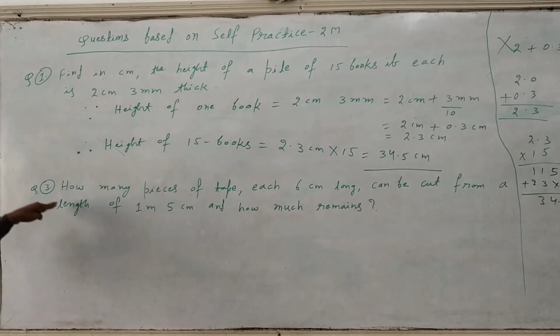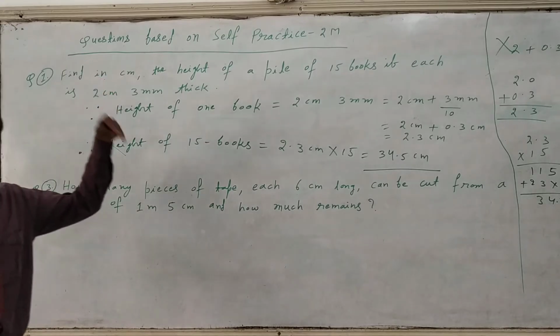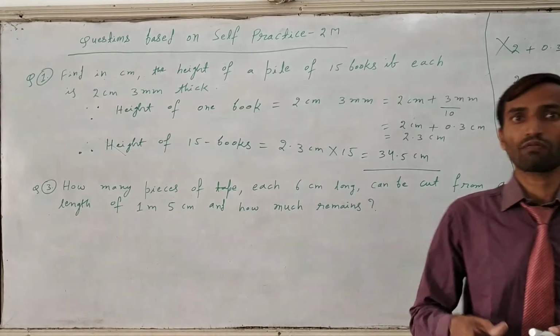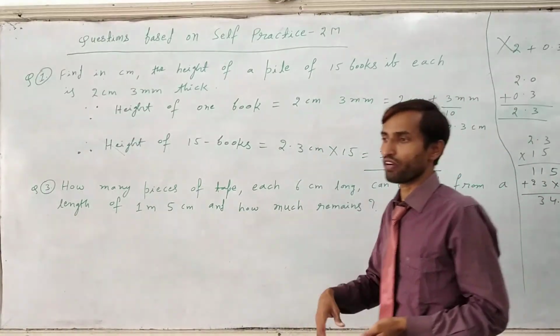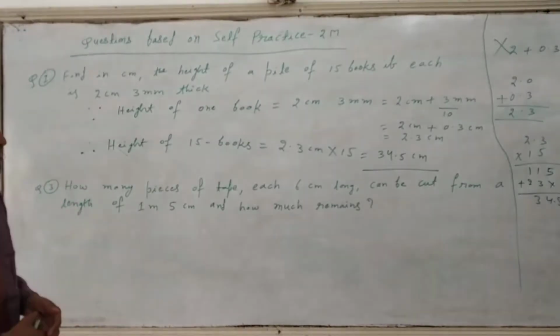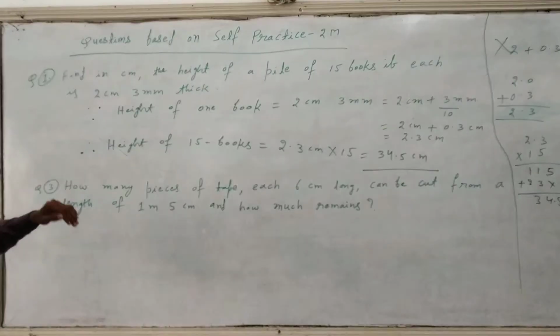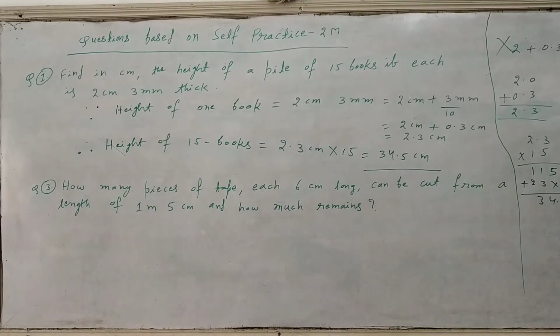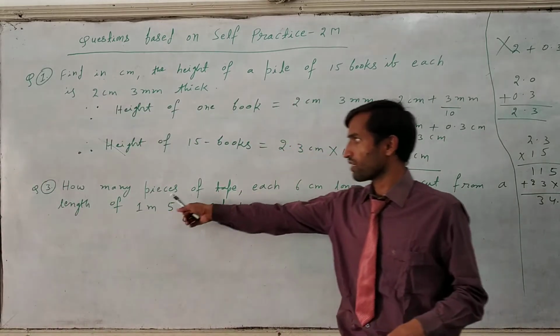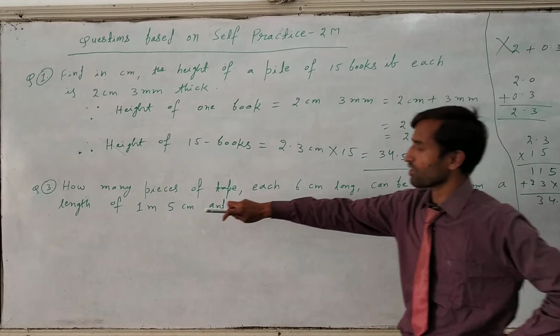After that, just go to question number 3. Read question number 3. Like that you can do question number 2 also. Read the question and understand what we have to do. Sometimes it will be multiply, sometimes divide, sometimes maybe addition, maybe subtraction also. So first of all read the question carefully and then understand what we have to do in the respective questions. Just question number 3, read question number 3.